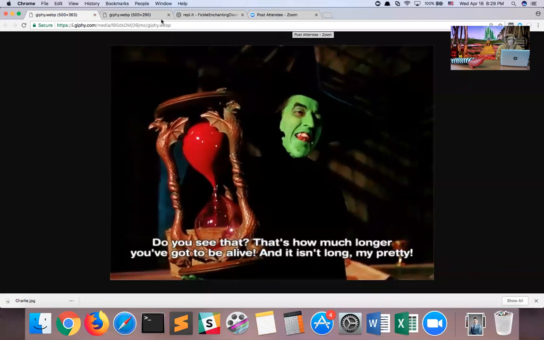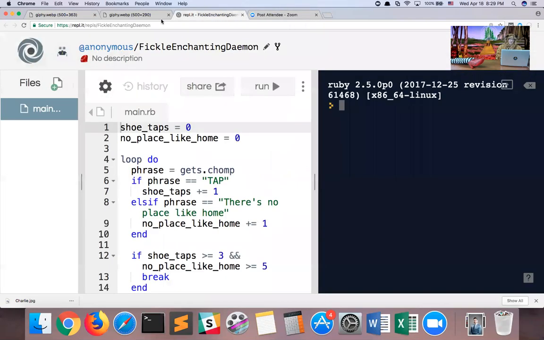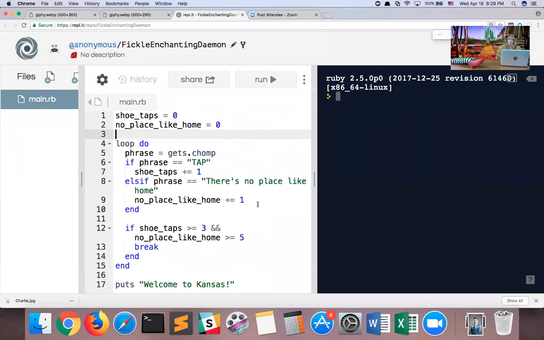Okay, let's go to, so I've pre-written this program of getting back home. Now this is definitely the most complex program we've written yet, and it combines all the concepts we've learned into one. It combines variables and user input and conditionals and loops all together. Let me run it, show you how it works, and we can then go through the code.